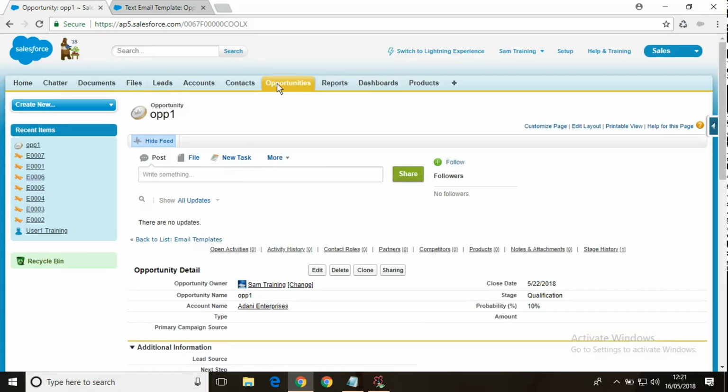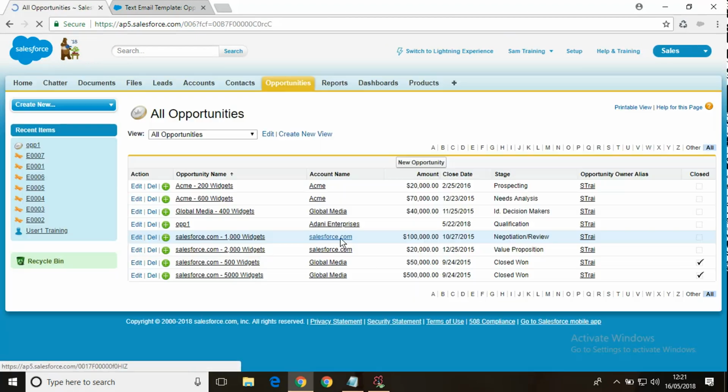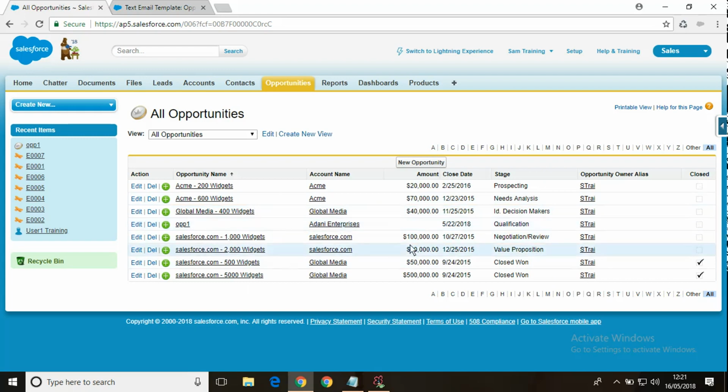So you can see that this particular opportunity, let me see, it's open. OPP1 is open. So for this, mail has to be scheduled. You just left the amount, you have not entered that, that's fine. So for this, actually the mail must have been scheduled. You can check whether you received the mail. Firstly, check whether there is a mail scheduled or not.